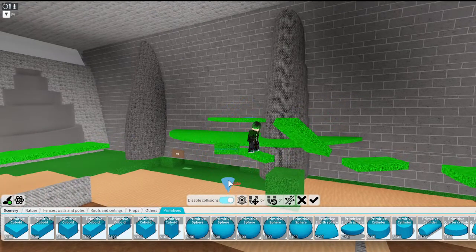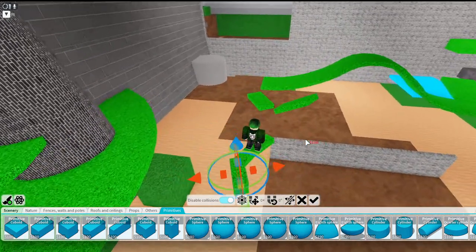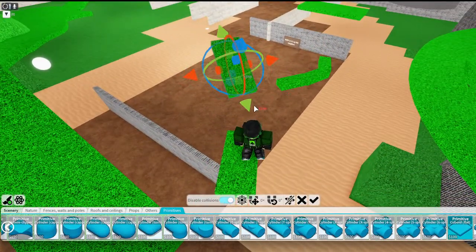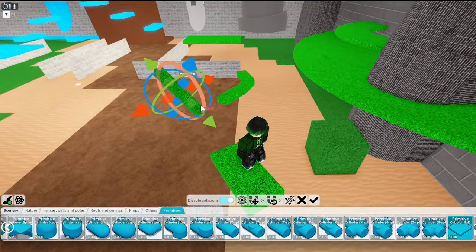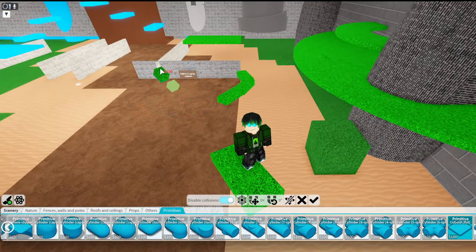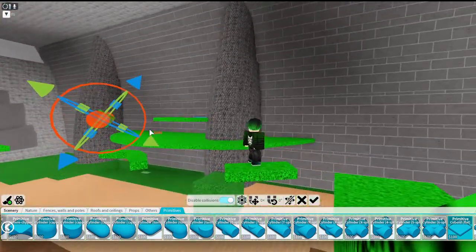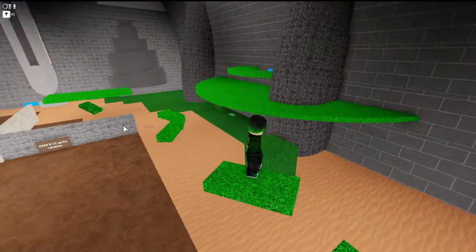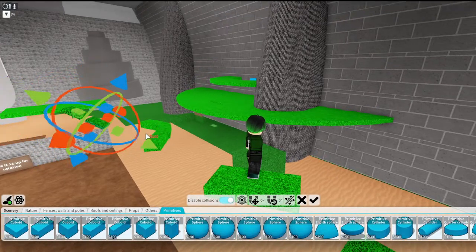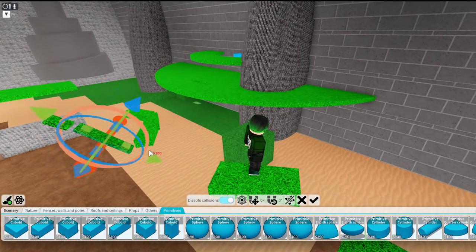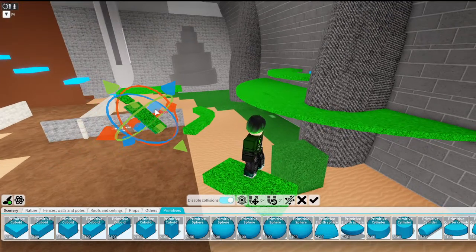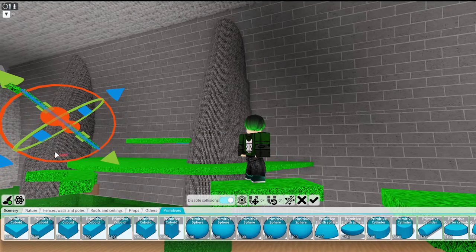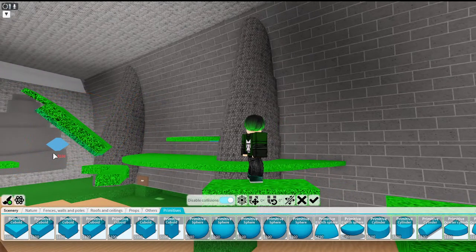So, because that's gonna come up, let's actually build the tip of this really quick. So, with the tip, like that. Oh, really tiny. Come on.